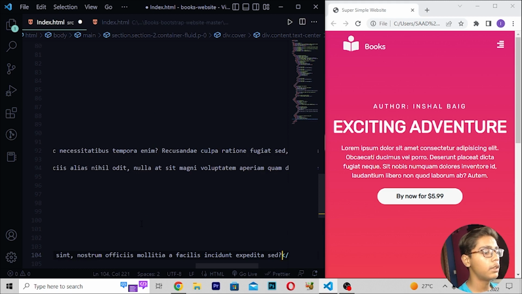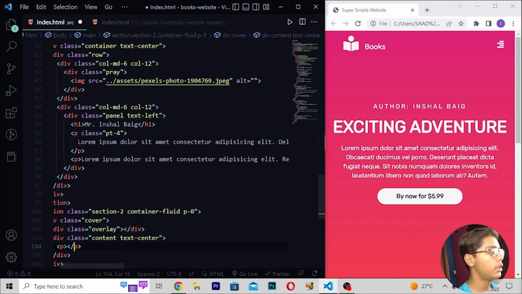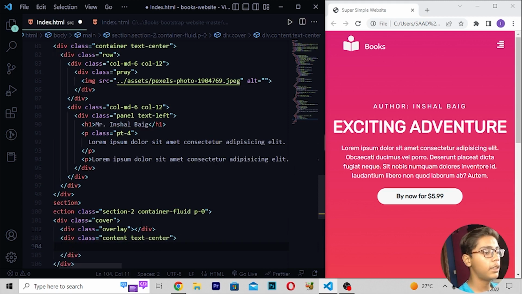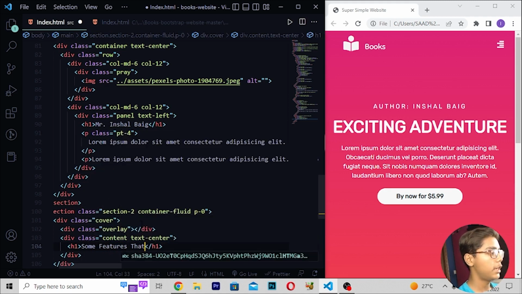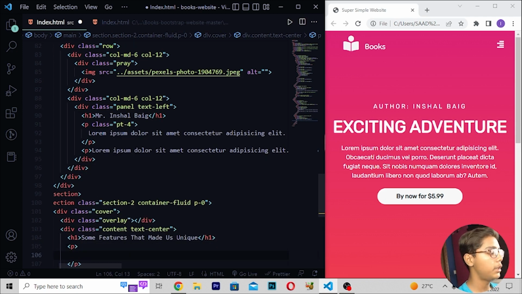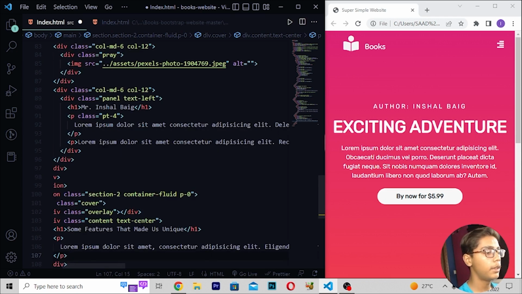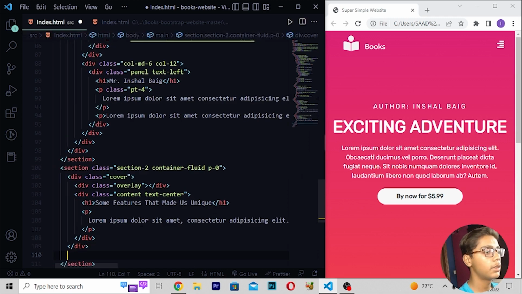Then when you've just written this, here Control Z, then here I will be now writing in this text, some features that made us unique, like this. Then when you've written this, I'll be moving down right here p tag and write lorem ipsum here. Now when you've done with this thing, just here we have to move under two divs and then right here